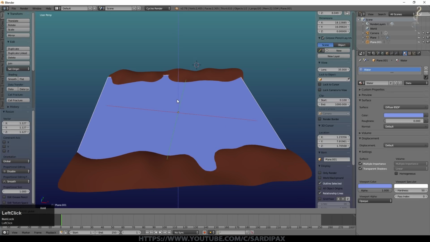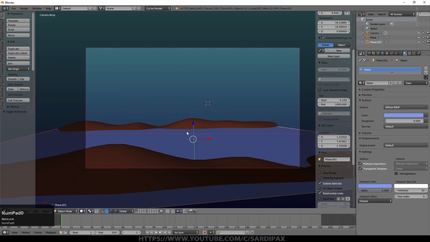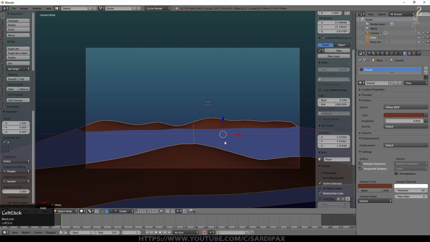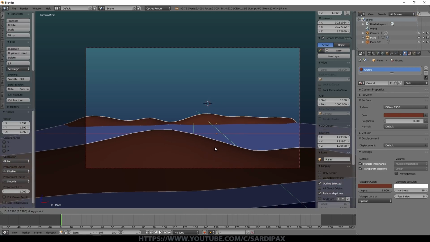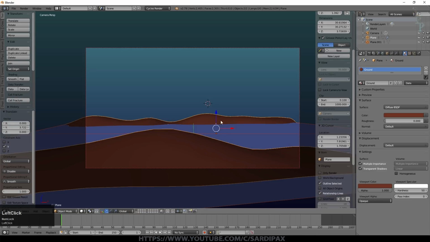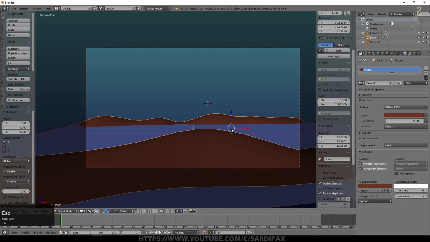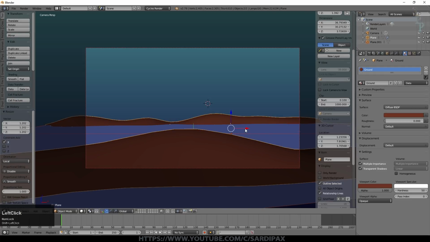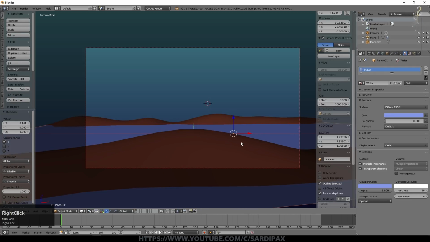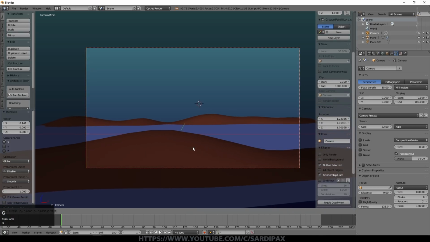And obviously as we raise it up, the banks become further apart. Have a look at that now. So that's quite wide. Perhaps want to move our ground over there a little bit, maybe even make it bigger. Obviously I want to see the bank on both sides. I'm just stretching it out slightly. So scale on the X-axis, the actual, as it were, native X-axis. I'm just going to grab my camera and move it this way a little bit.